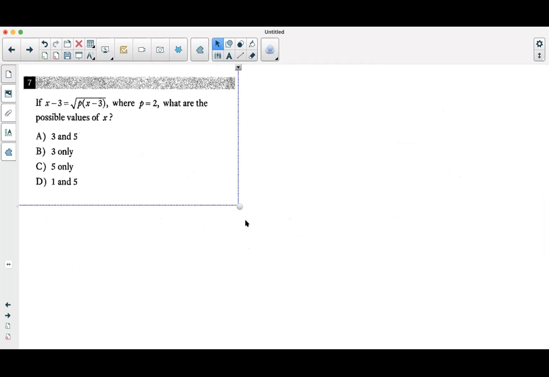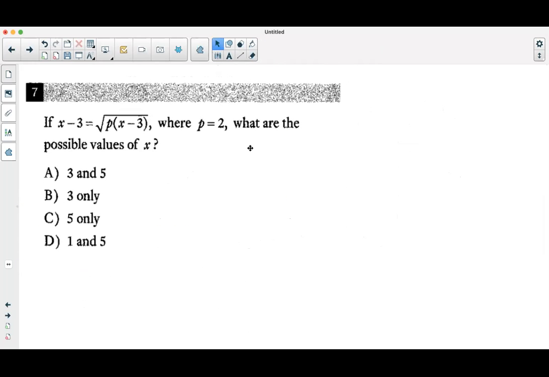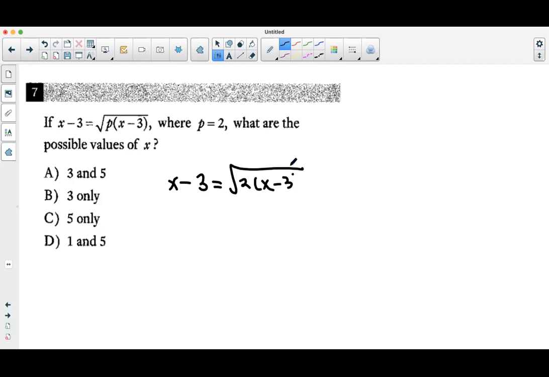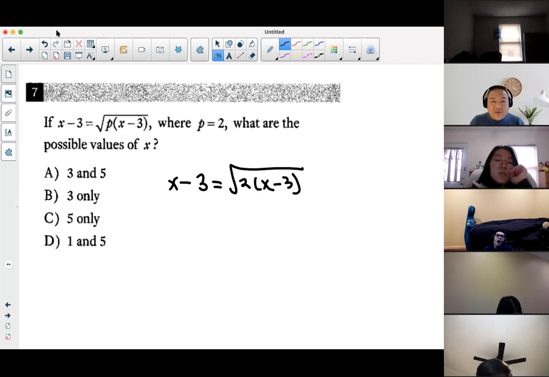Now, when you look at number 7, it says p is equal to 2. What are the possible values of x? Now, hear me carefully, guys. Then this question now turns into this way: x minus 3 is equal to square root of 2x minus 3. Are you guys good so far? Yeah. All right. Now, hear me carefully, guys. I'm sure many of you guys might notice